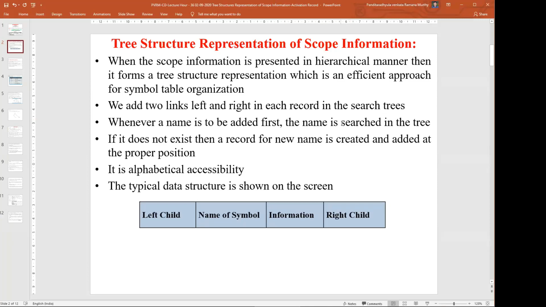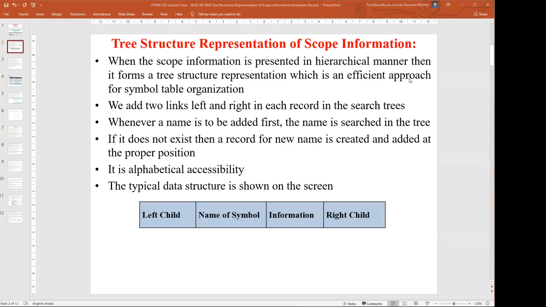Here we are trying to represent the scope information using a tree structure. When the scope information is presented in a hierarchical manner, it means parent parts and child parts, and maybe some more children attached to the existing children.